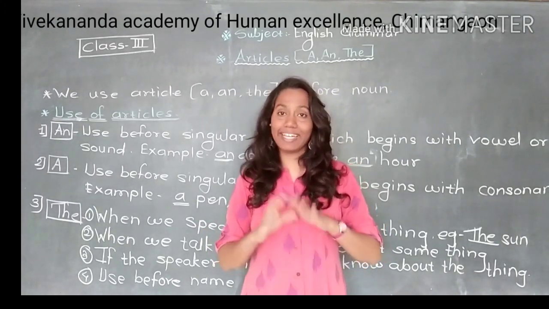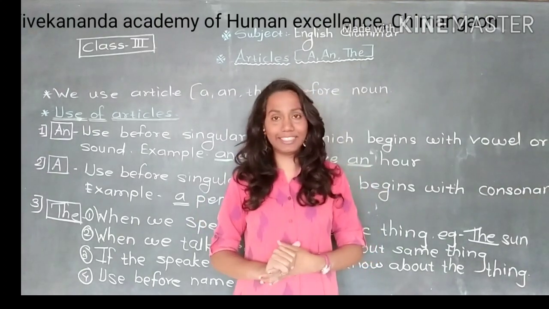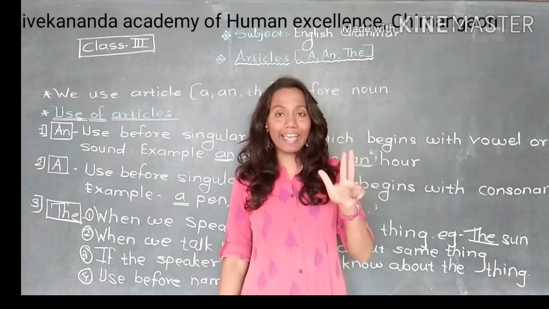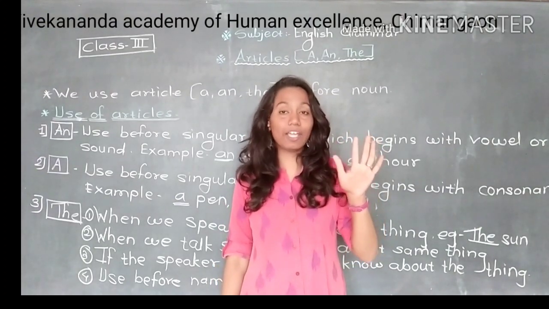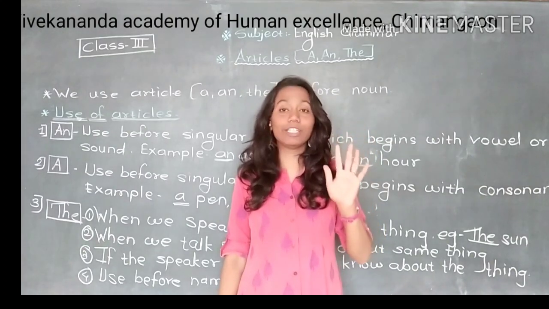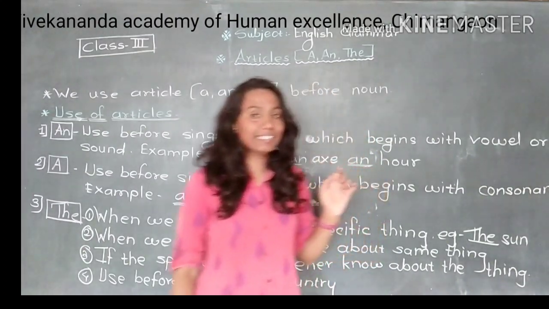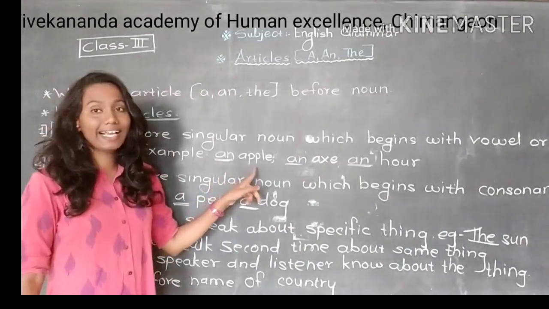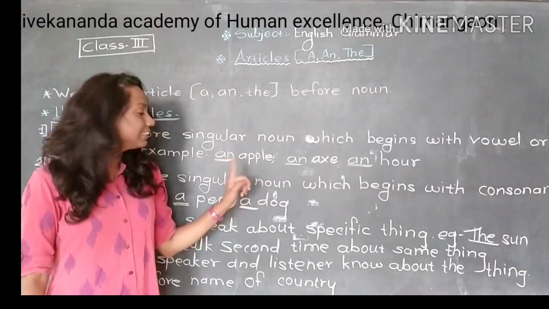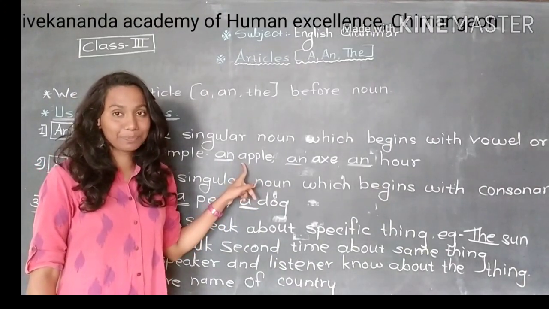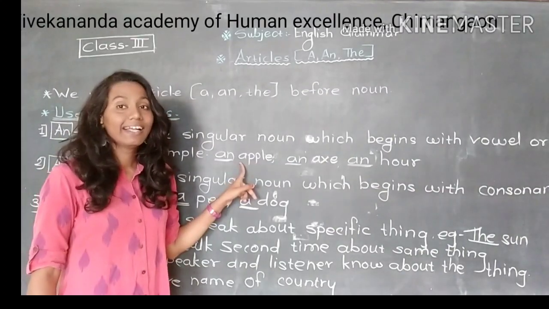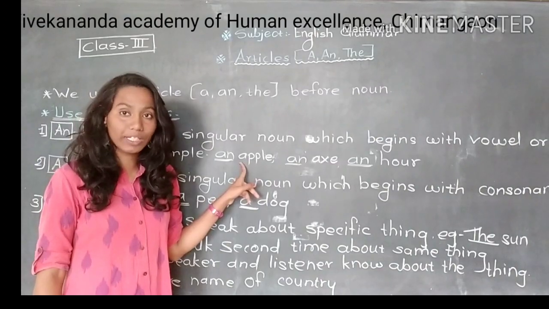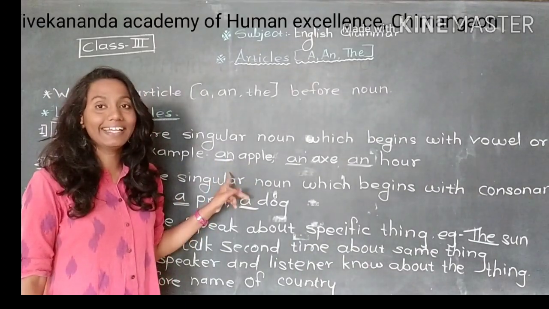But the most important thing for an, how to use this article? As I told you, there are 2 parts, vowels and consonants, right? And which are vowels? A, E, I, O, U. These 5 letters are vowels. For an example, you can see this word here. Here I write apple, A-P-P-L-E, apple. Correct? Say the first letter of this word. This word starts with A, and A is a vowel. If any word begins with a vowel, before that you use an.